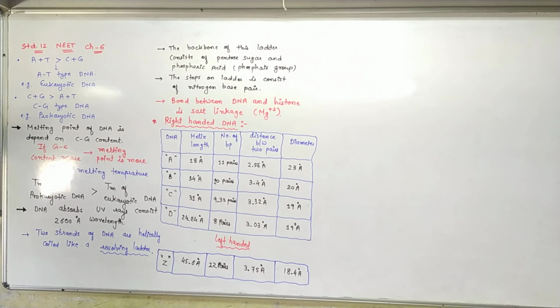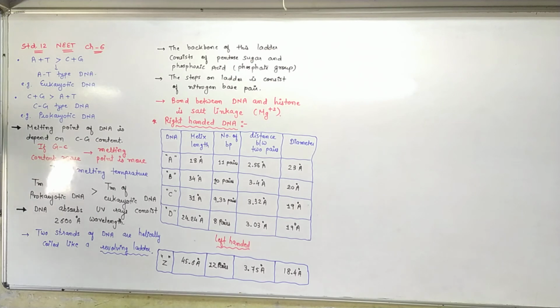It is given there in the textbook, but the perfect length is 2.244 meter of the DNA. The length of the DNA of E. coli bacteria is 1.36 millimeter. So how many base pairs are located there? 4.6 into 10 raised to 6. Ideally we obtain 4 into 10 raised to 6 base pairs.